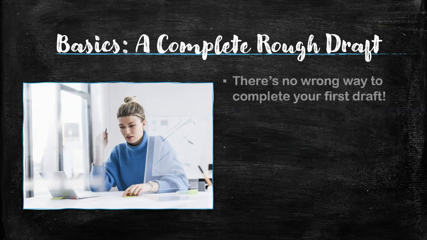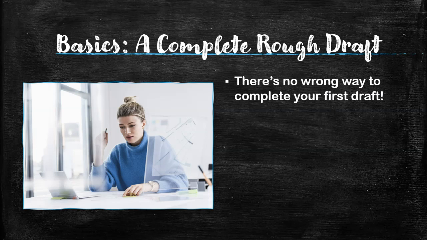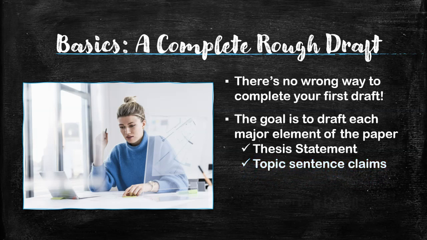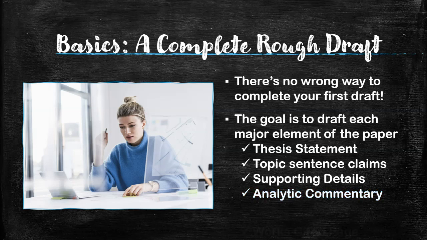First of all, there is no wrong way to get to that complete first draft, as long as it includes the major elements of your paper, such as the thesis statement, topic sentence claims, supporting details, analytic commentary, works cited page, boom, boom, boom. In this lesson, we're going to move a little bit beyond those basic ingredients to start